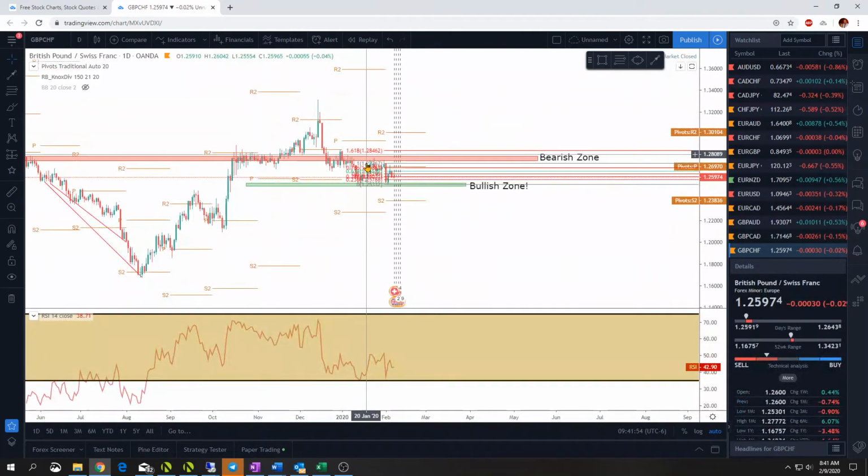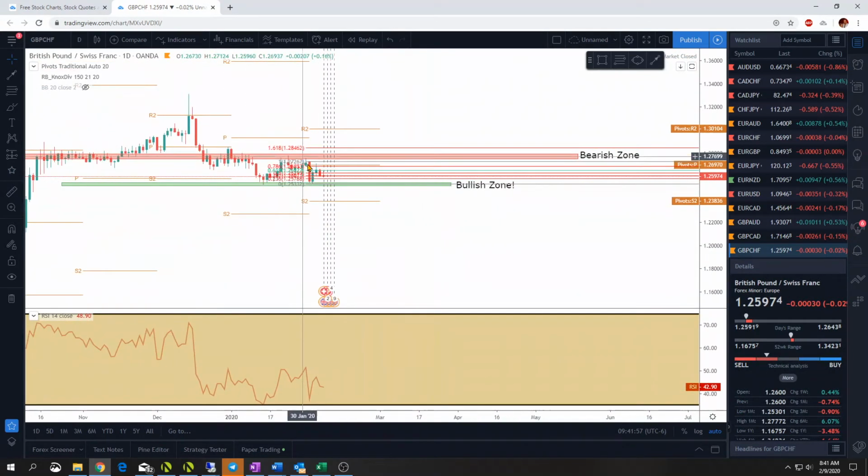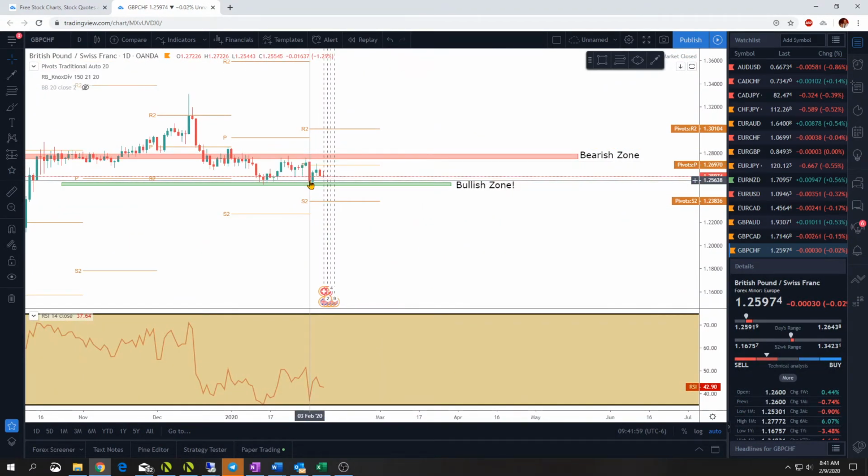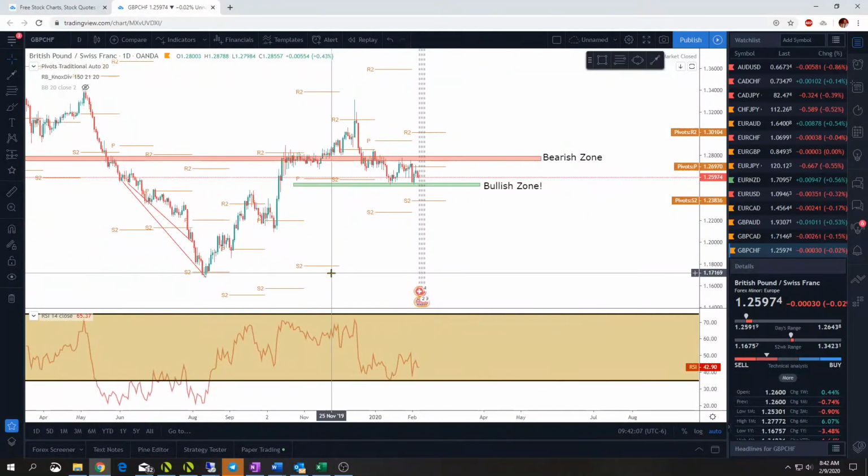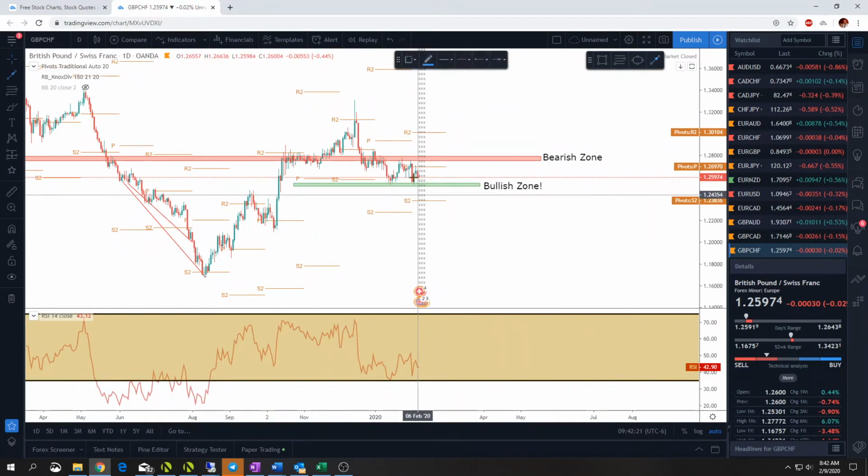British pound, Swiss franc. Ooh, we got quite a little bit of mess going on here. Let's get rid of this. Price is kind of snuggled in between these two support and resistance zones. I think overall we're getting a good turnaround. This looks like a head and shoulders retest of that, then this strong bearish candle, a little bit of recovery back to the pivot. So I like this pair. From this pivot would have been an awesome sell trade,